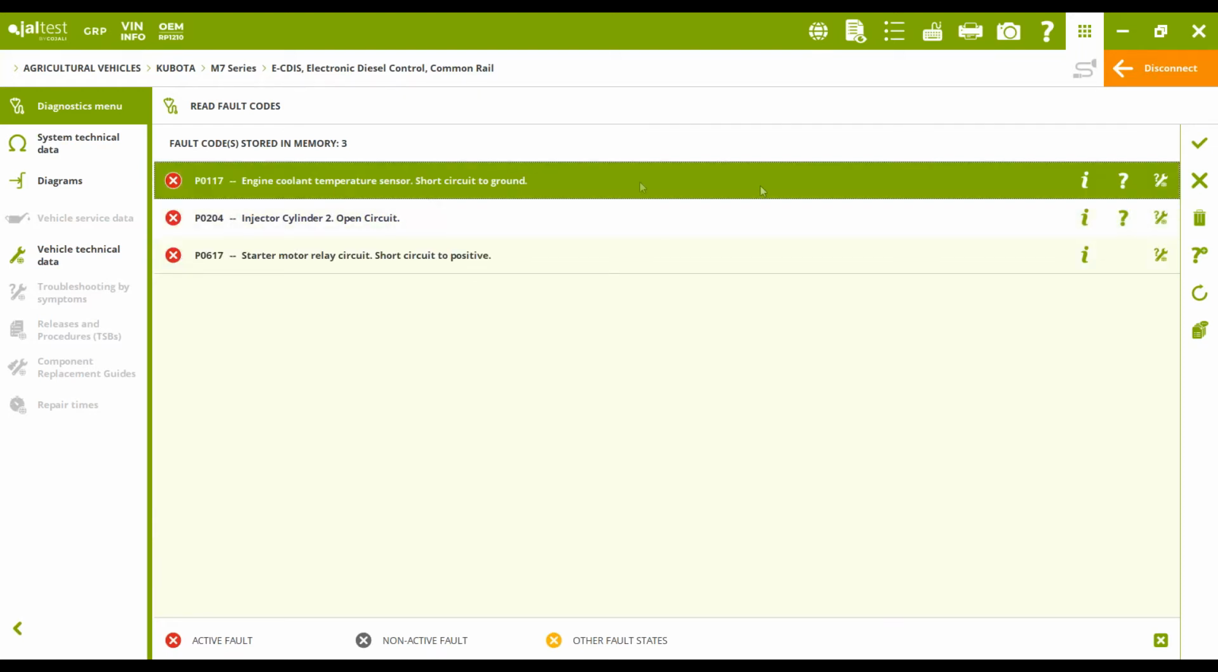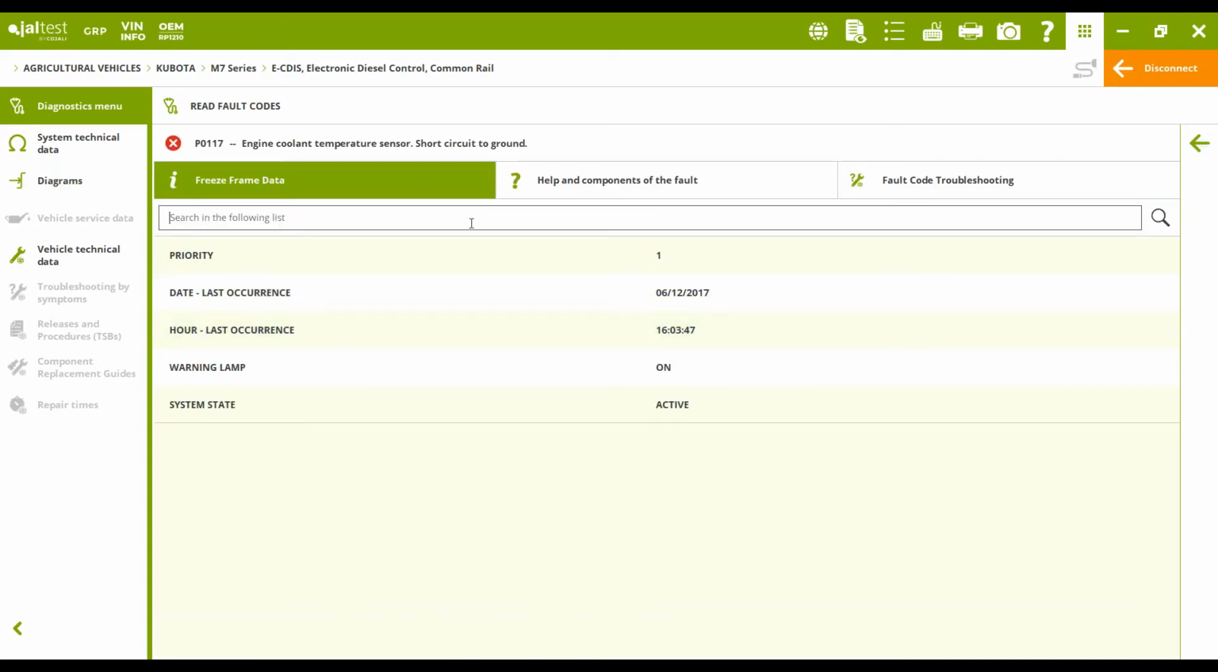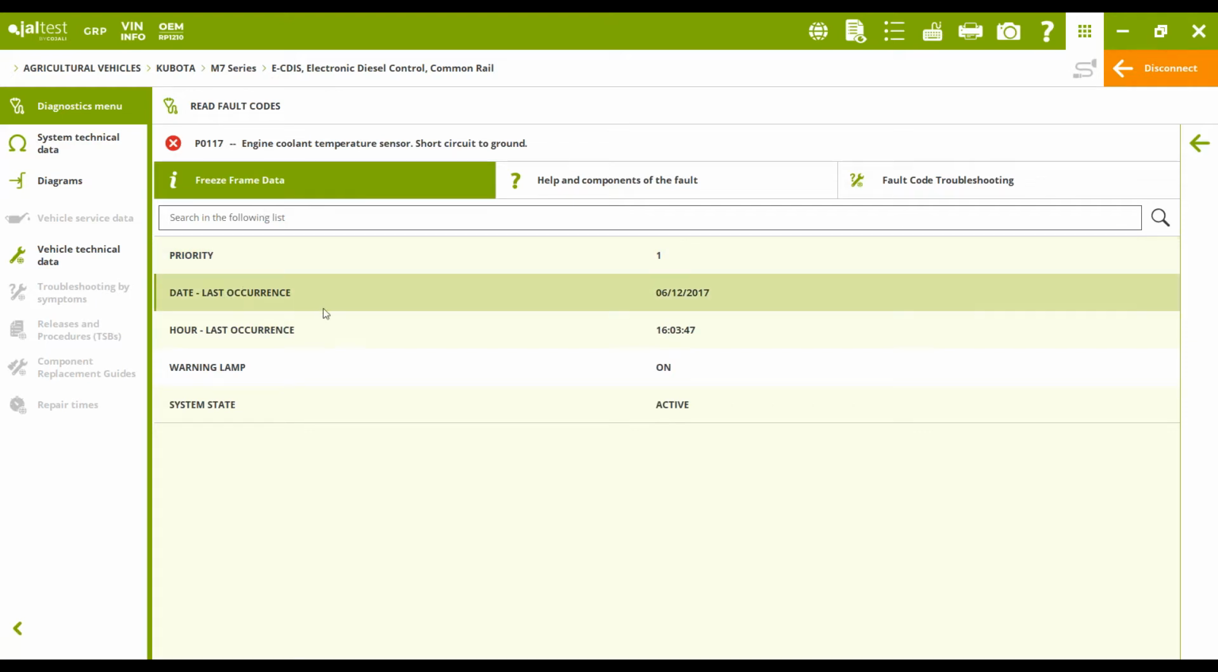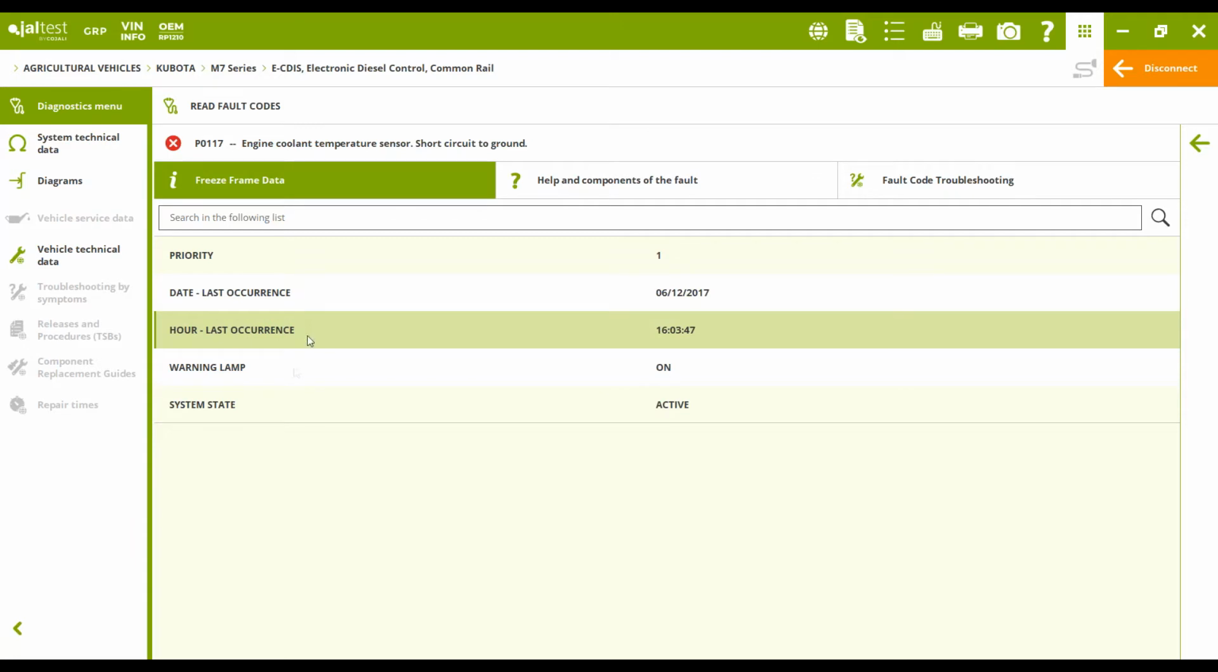We can check more information about the fault code. So let's see, for instance, this one, engine coolant temperature sensor, short circuit to ground. We can check more information about it. So here we are getting freeze frame data, priority of the code, the date and the hour of the last